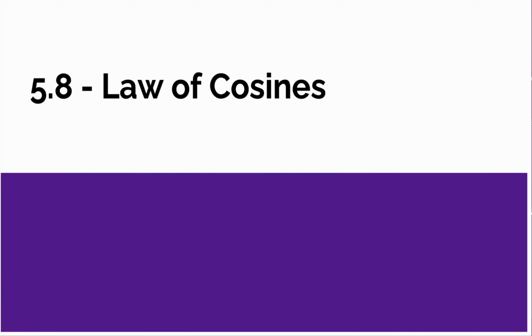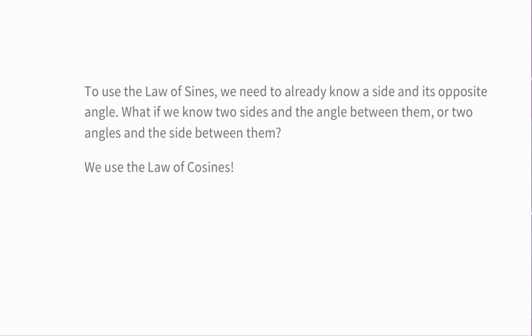5.8, the law of cosines. To use the law of sines, we need to already know a side and its opposite angle, right? So if I have a over sine A equals b over sine B, in order to solve this, I need 3 of these 4 pieces of information, which means that I need at least one pair of a side and